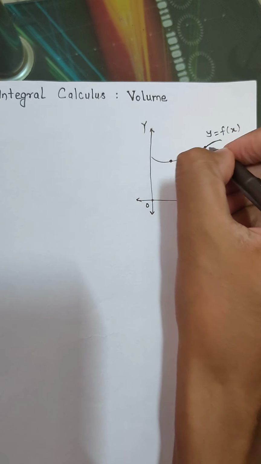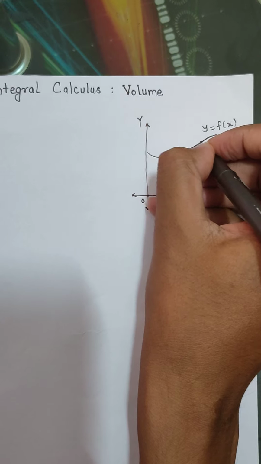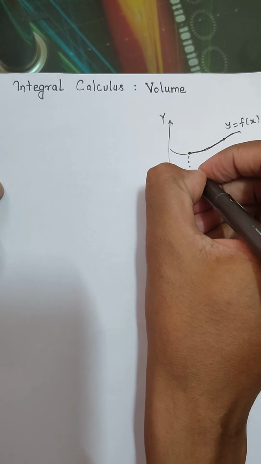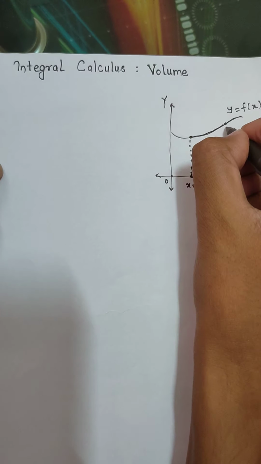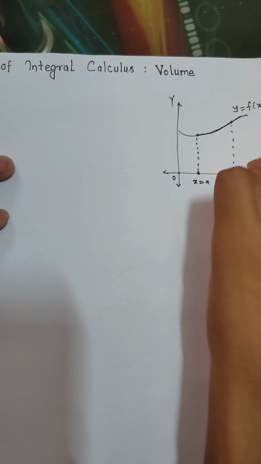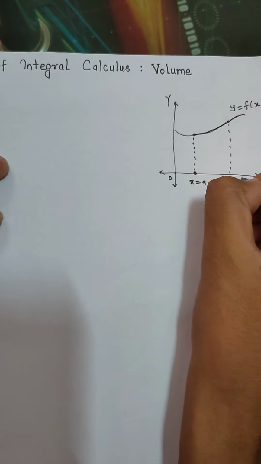If I take an arc of this curve, and let me mark this point as x is equal to a, this point as x is equal to b, then the volume of solid